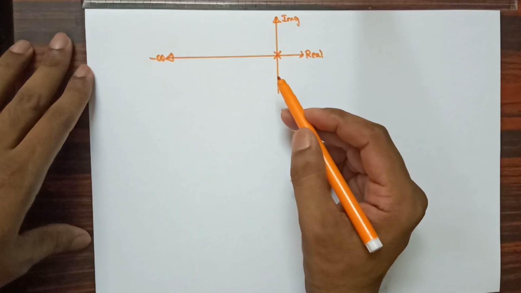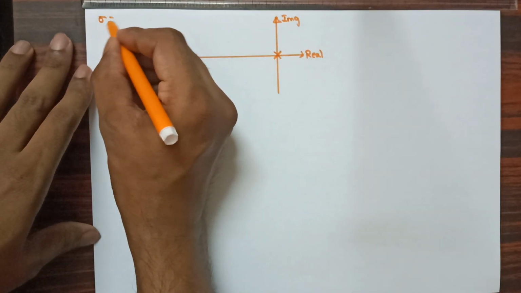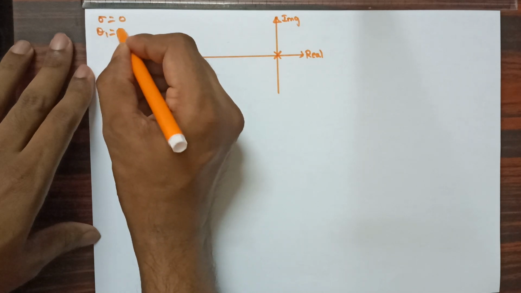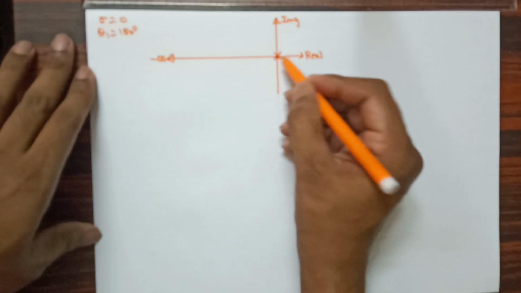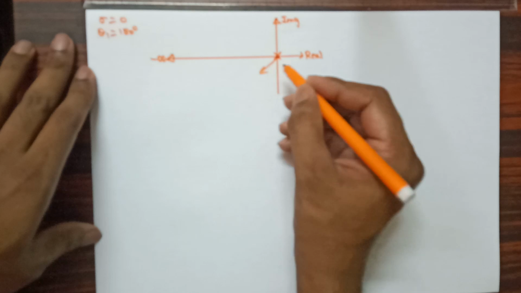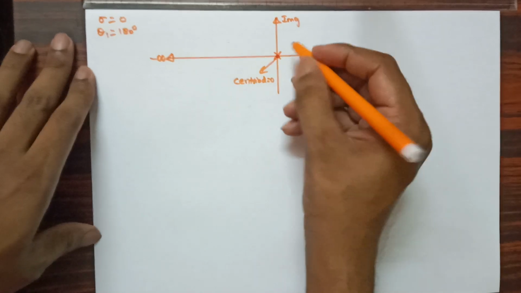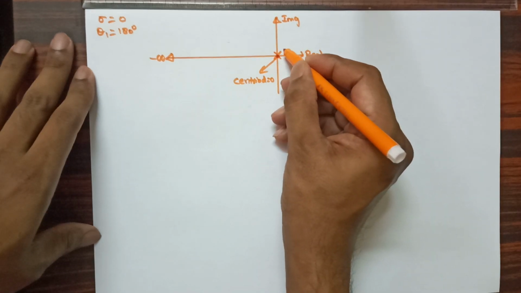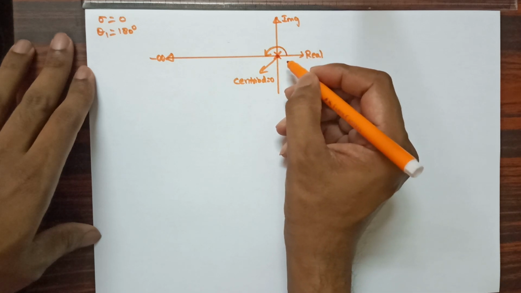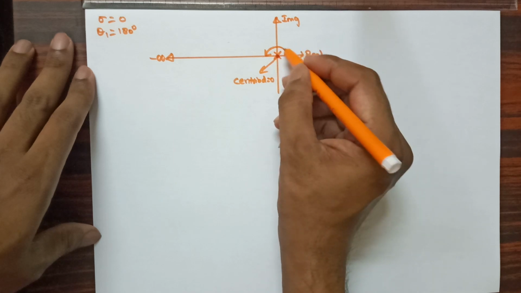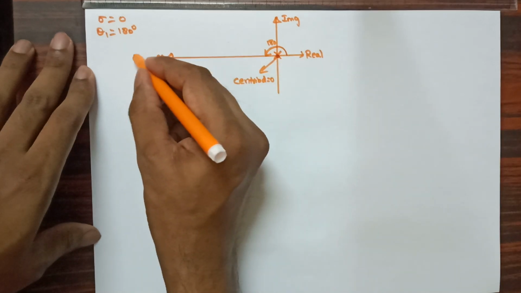Now we are going to sketch the root locus. You can see we got the centroid sigma equal to 0 and theta 1 equal to 180 degrees. Now 0, that is the origin, we consider as the centroid. From this point I am going to draw an angle of 180 degrees. By using a protractor and graph sheet, you can construct this root locus. So now I have considered the 180 degree angle, and I am naming this angle theta 1.